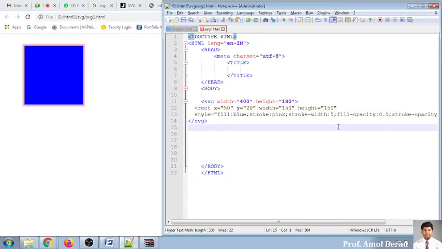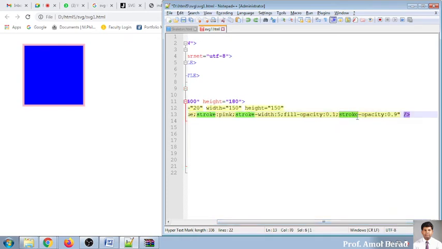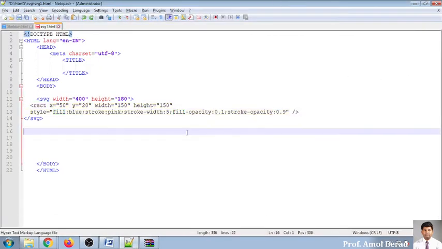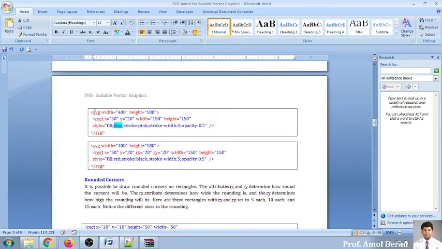So all these features can be set through what we call CSS, but just for the sake of it, we will be setting the opacity for the stroke also and for the filling of the colors also. So this is one example that we have displayed for the purpose of displaying a rectangle in front of you. Now different types of rectangle I want to show you.